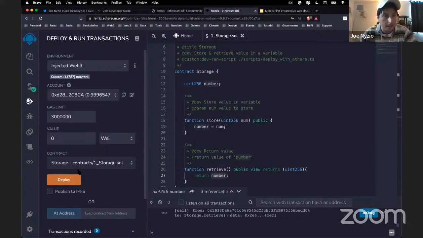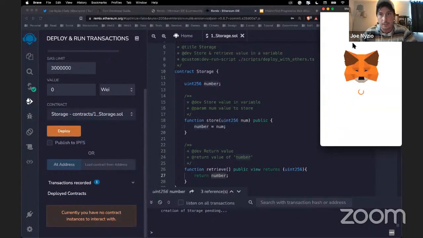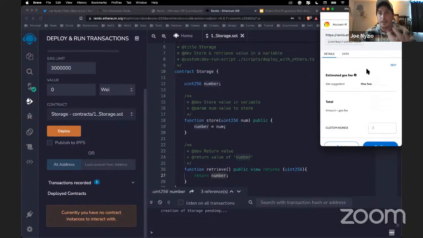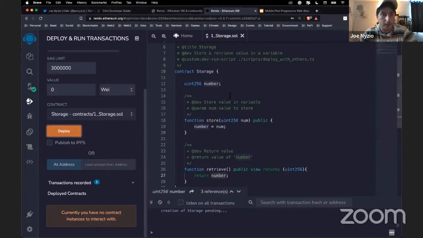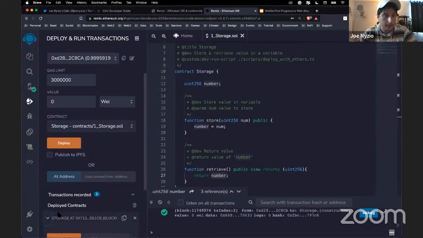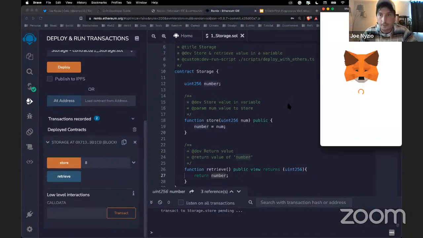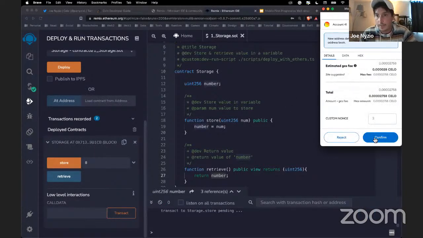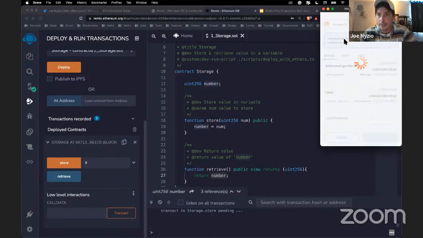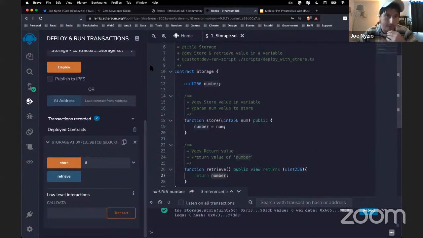Now when we redeploy this same contract, it's going to open up MetaMask. You have to pay for the transaction to deploy it onto the network. You can confirm it, and now the same contract where we were storing and retrieving numbers, you can interact with it. Each new number that you log is now going to be confirmed on the blockchain. That's a bit different from what was happening before because you're actually on Celo already.